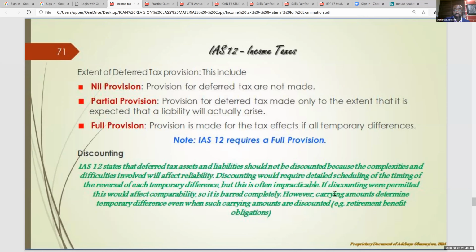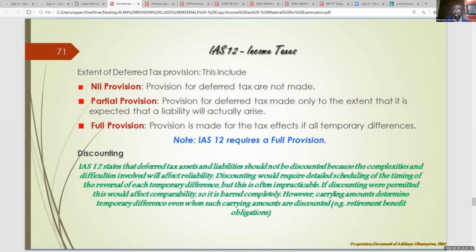On that basis, the board, which is the IASB, concluded that discounting should not be applied. The second reason why it has not been applied is because the complexity involved in tracking and reconciling the deferred tax movement over time may be impracticable. Impracticable in the sense that it might be onerous in doing so. In that regard, the board concluded that